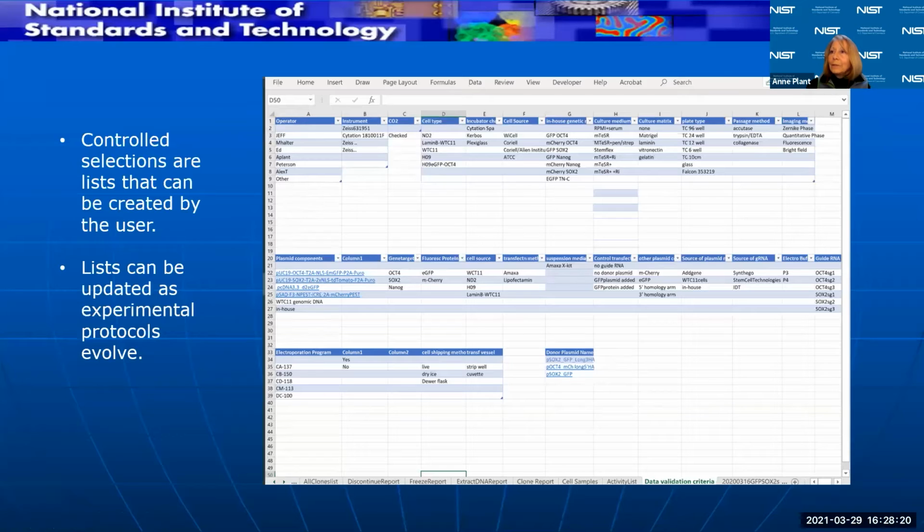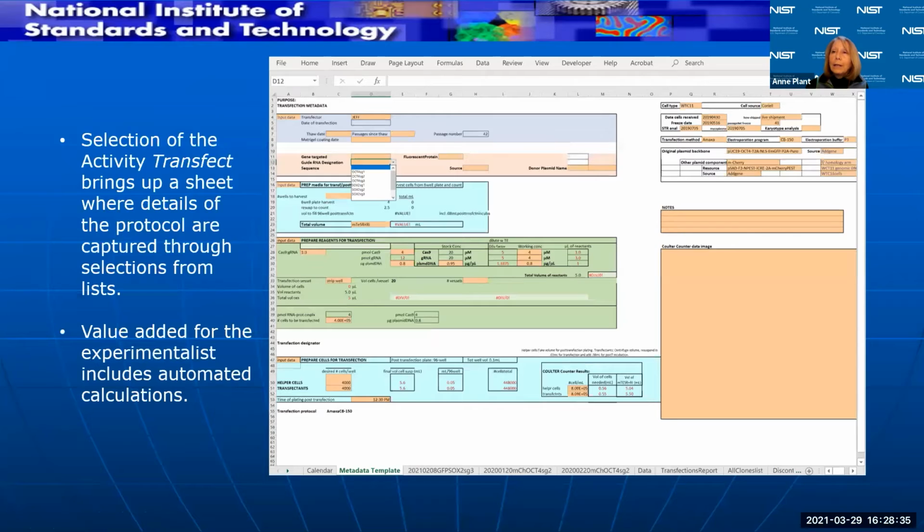And so having that adaptability was really, really helpful. This kind of thing also gets used at the beginning of the process of creating these cell lines. For that transfection gene editing activity, one could make very easily a template to collect the metadata that's associated with the cell line that you're creating, with the transfection that you're creating.